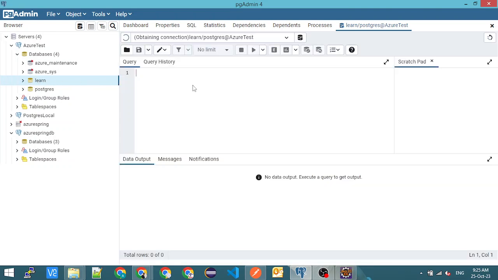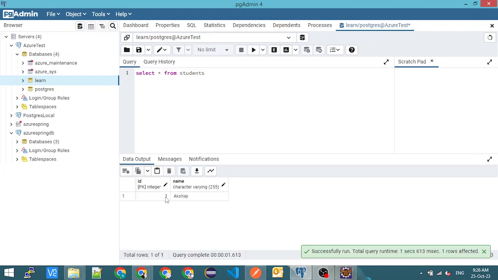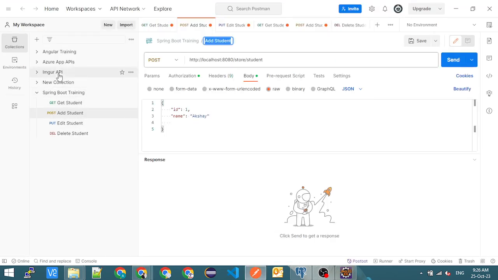But I don't want to do that as of now. So select star from the table, what was the name, students. Students is the name of the table. I'm just executing this query and I can see there is one entry. ID is one, name is Akshay. Only these two columns we are having. Now if I wanted to put another entry into this database,